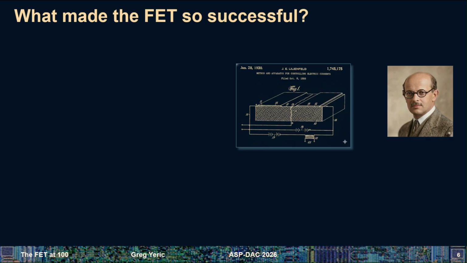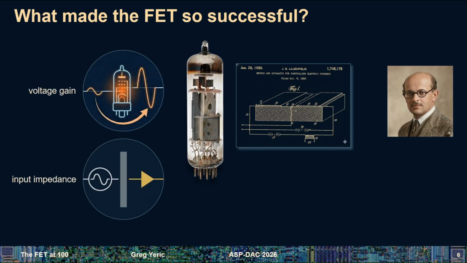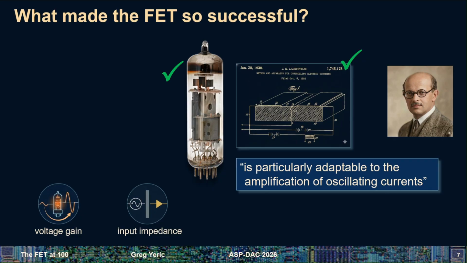What made the FET so successful? As I mentioned, in this era, it was all about radio, vacuum tubes, and radio frequency. You need gain to amplify signals. You need input impedance to make the different circuits. He understood that his invention would be good at this. So that's number one: it has some of the basic three-terminal, triode is a term for a three-terminal device, characteristics